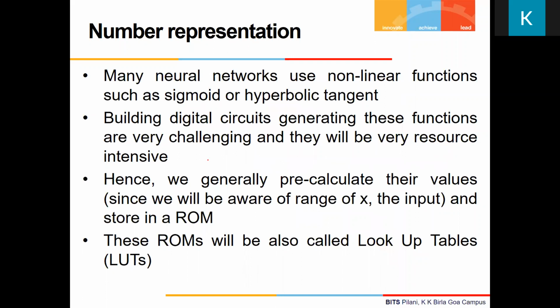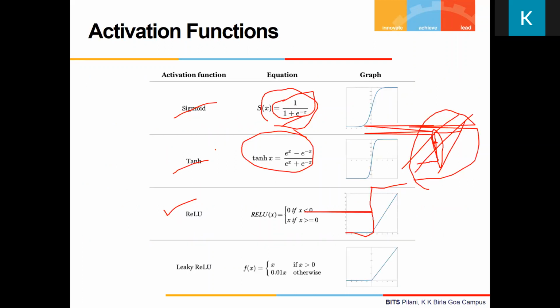Instead of that, what we'll do is a standard technique. You might have seen how we implement a sine wave or cosine wave inside a digital circuit. We just pre-calculate them. Again, for pre-calculating, I need to know what is the range for X. If I know the range for X, I can do a pre-calculation. And if the input is normalized, and if every neuron is using sigmoid, then I will know what is the range for X. What is the maximum value? Minimum value will be 0 for X.